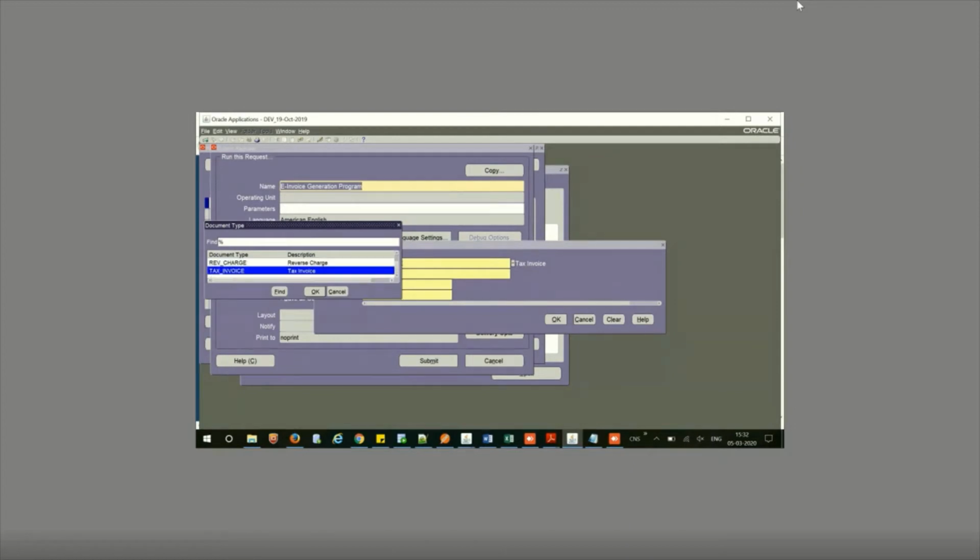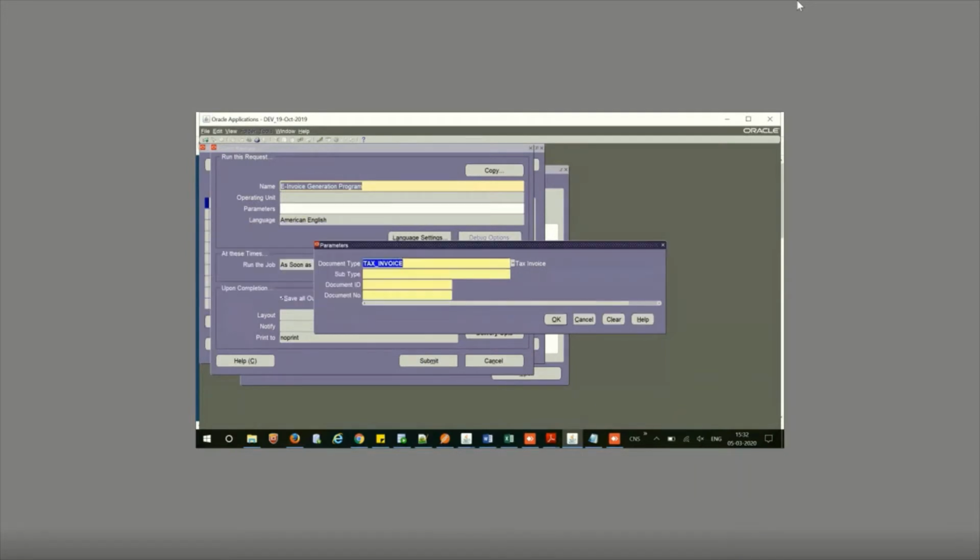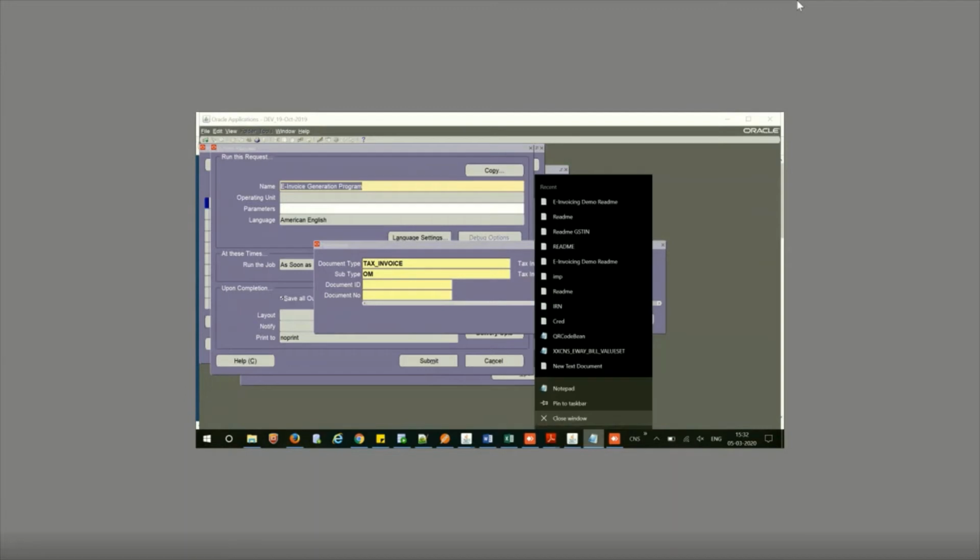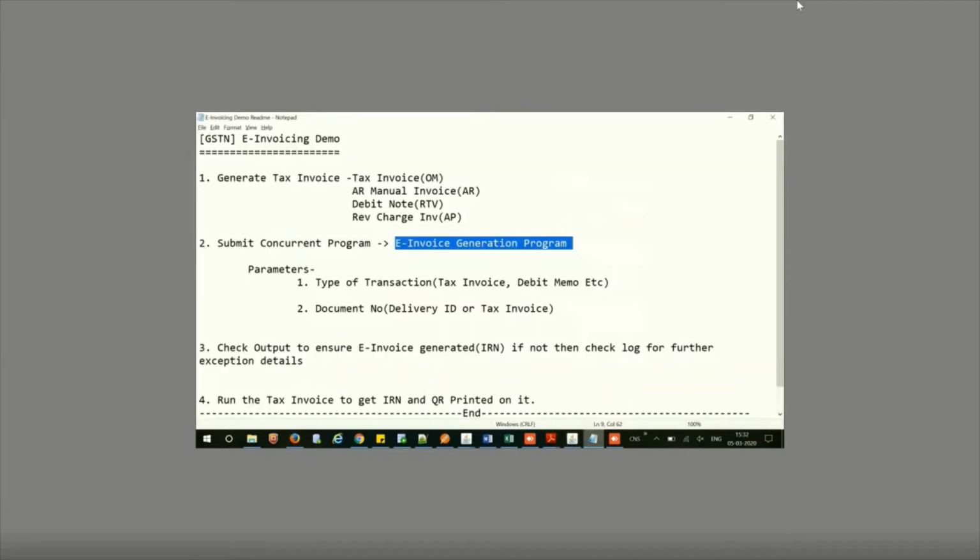Right. So all the transaction types, as I was saying, are all covered. You're required to report all your B2B supplies, your B2G supplies, which are to government, your tax invoices, your credit notes, your debit notes, your reverse charge cases. All of these are required except B2C invoices, which are not required, and delivery challans under e-invoicing. Apart from this, every transaction must be reported to the government, and the IRN and QR code must be printed on these transactions.